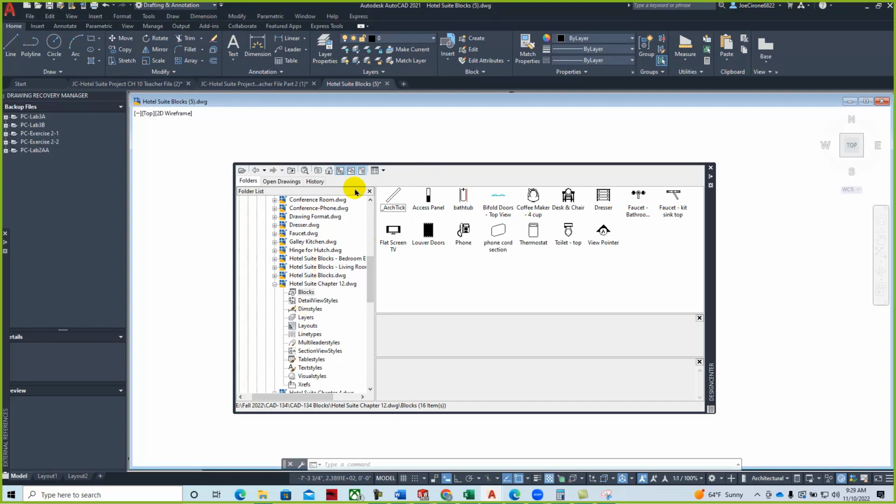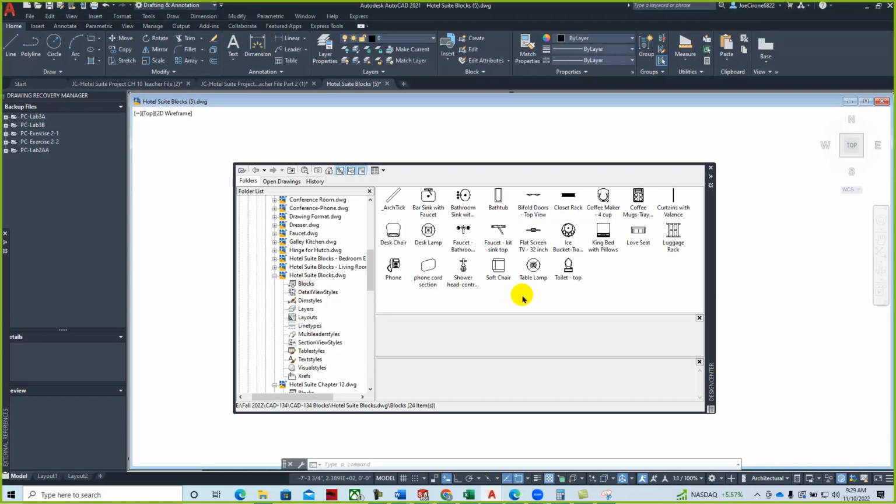As we start to work with this, these are the blocks from Chapter 12 for the elevation drawings. But if we look at some of these other blocks, there we are. We have the bed, the luggage rack, the furniture, coffee tray, etc. And essentially what you would do,